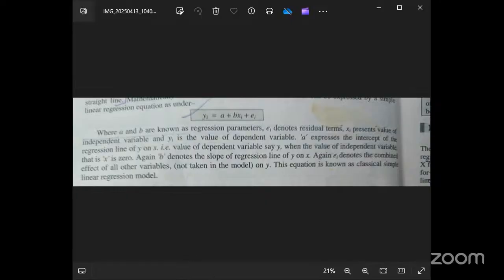So coming to simple regression, when only two variables are studied to find the regression relationship,